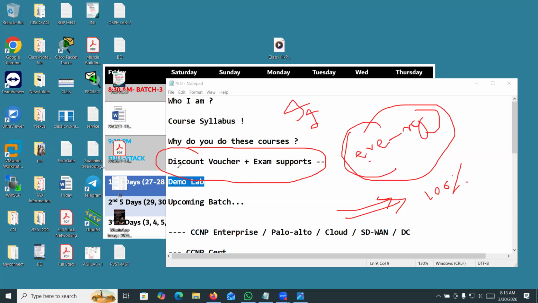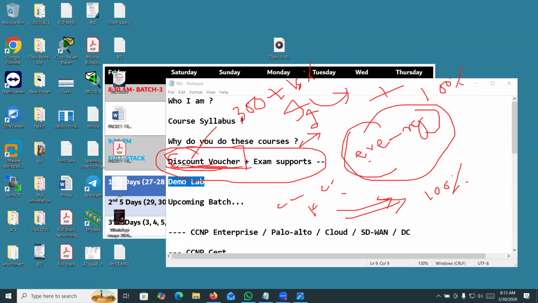And also I have a discount voucher for you. Discount voucher, not full payment. For CCNA, for firewall, for CCNP Encore and NRC, I can arrange a discount voucher. Actually, for CCNA, the vendor exam fee is $300 plus 15% tax. But I will give you a student voucher discount. No worries. And also I will give you exam support remotely, so you can pass 100%. From my side, I will do that.